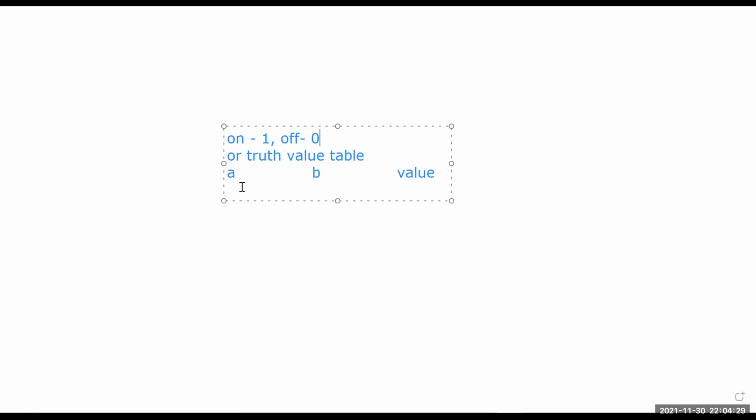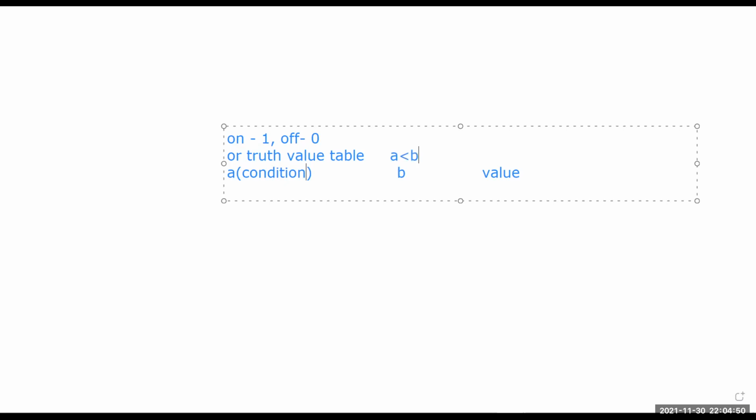So now let's get back to the truth table. Let's say A is true. A is nothing but some condition. For example, if I want to check A less than B or B less than A, this is my condition and I'm using this OR, where A value is 1 and B value is 10.